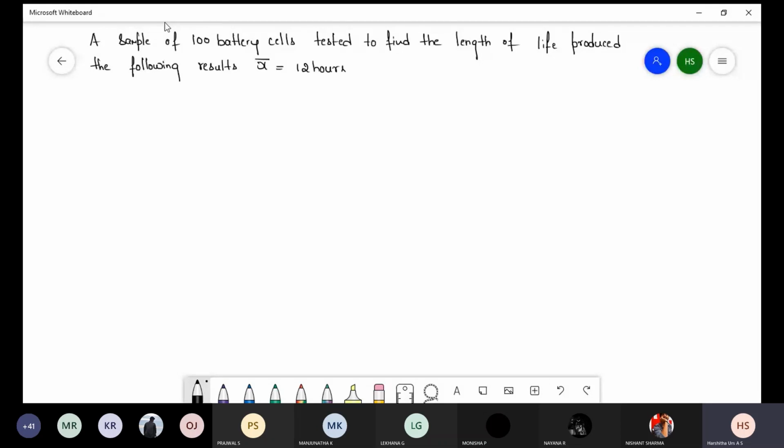Here X bar is nothing but the mean, so sometimes they will give it in the form of X bar. Sigma is equal to 3 hours. Assuming the data to be normally distributed,